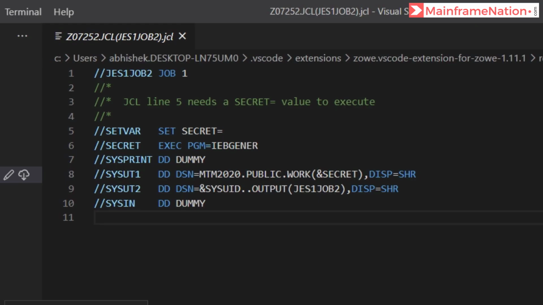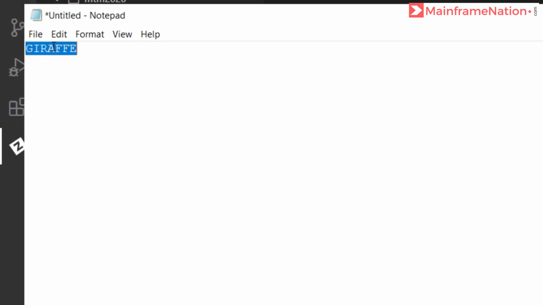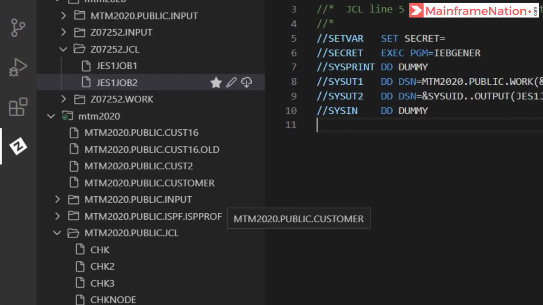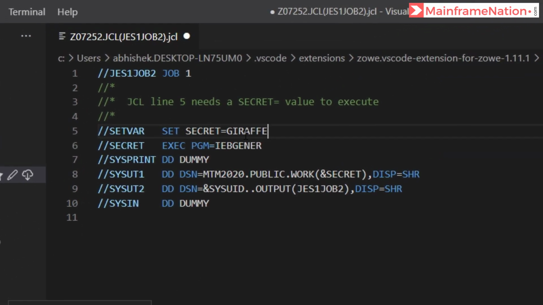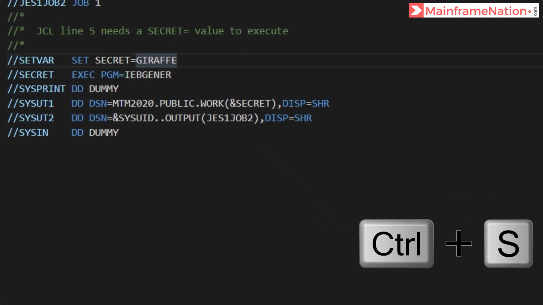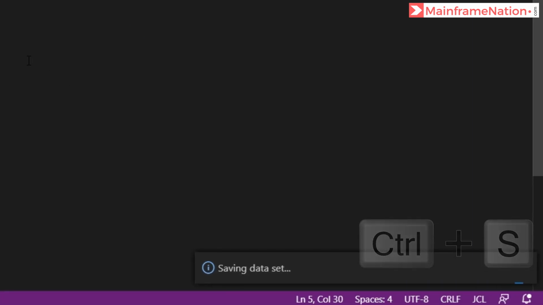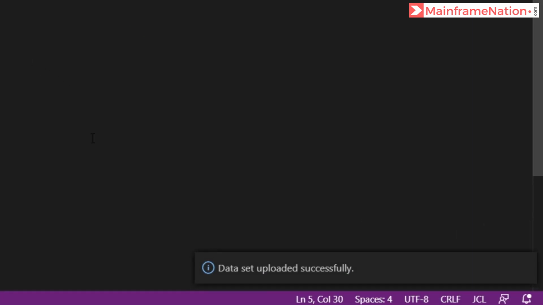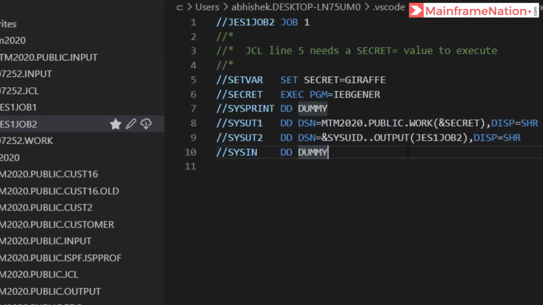The secret value we just found out was giraffe. So copy this giraffe, paste it after secret. So here I have given giraffe, then click on save. Give Ctrl+S to save it. So saving dataset. Dataset uploaded successfully. Make sure you do this step, otherwise this step will fail.